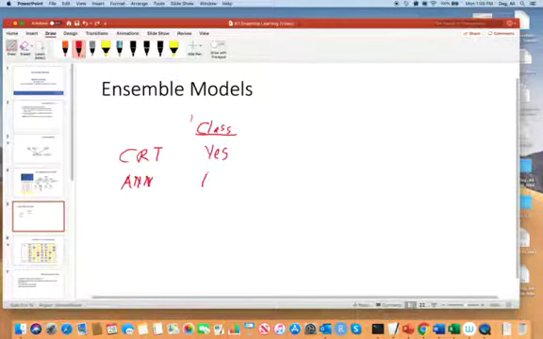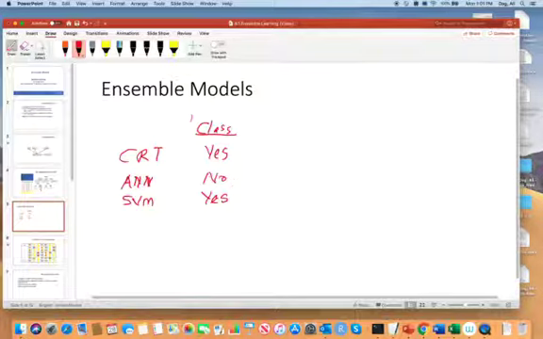All right. Okay, maybe ANN will think that no, it's not going to rain. Let us assume that you've done the same exact thing, same exact 14 days for training for the SVM model, support vector machines. And she also thinks that Ali will play tennis, right? So CRT thinks that Ali will play tennis, ANN thinks that Ali will not play tennis, and SVM thinks that